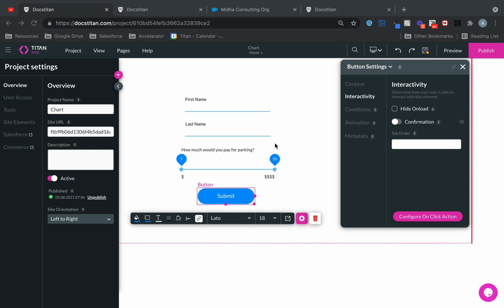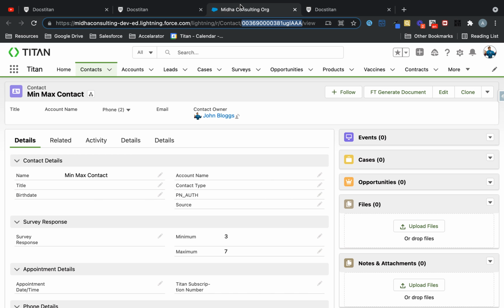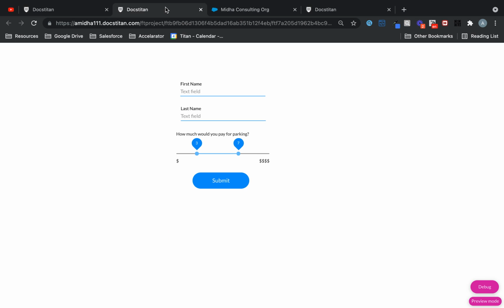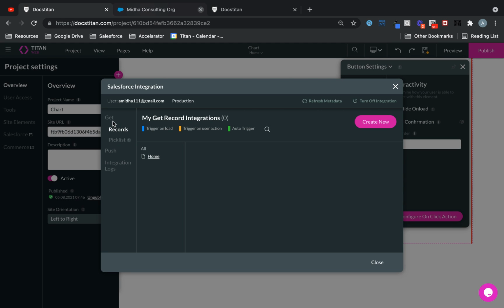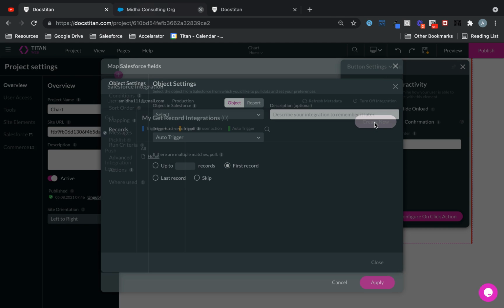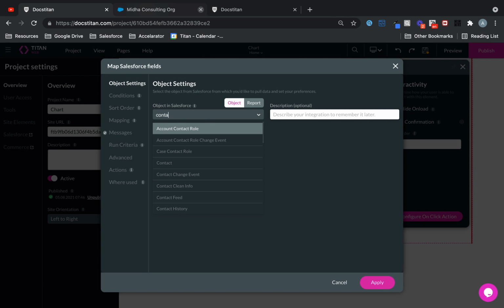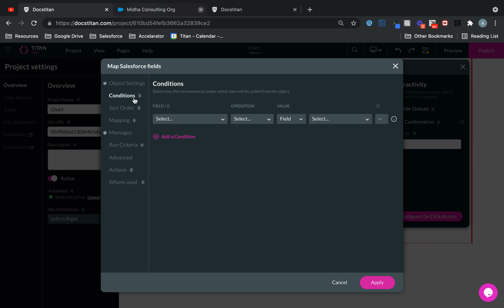Now, obviously, you might want to ask, well, how do I do the get side of things? So in here, we've obviously got a value of 3 and 7 respectively, and I want to be able to bring that back into Titan Web. So I'm going to show you exactly how that works now. I'm just going to run a very, very simple get to show you how it works. So we'll bring back the contact, and the condition is going to be